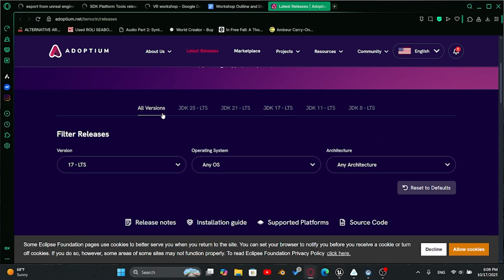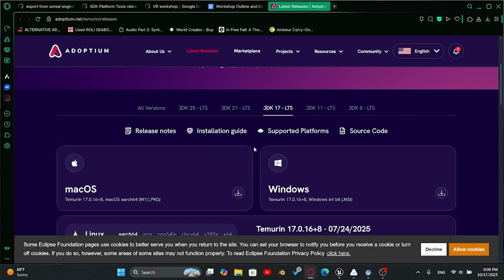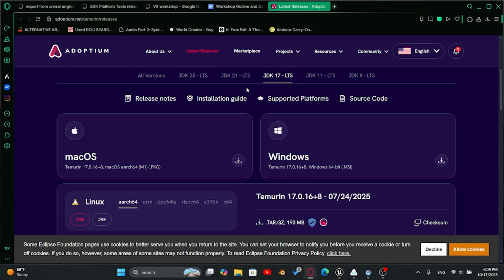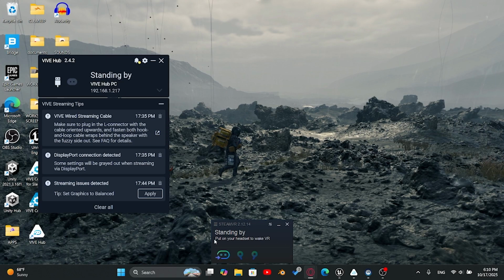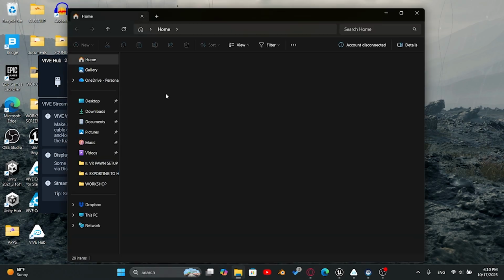By default, this page might go to all versions, but make sure you download the JDK 17 version for Mac or for Windows machine, which is what I'm currently using. And so once you have these two things downloaded, you want to make sure to check on their file path on your computer. So here is usually under, if you go to your File Explorer,